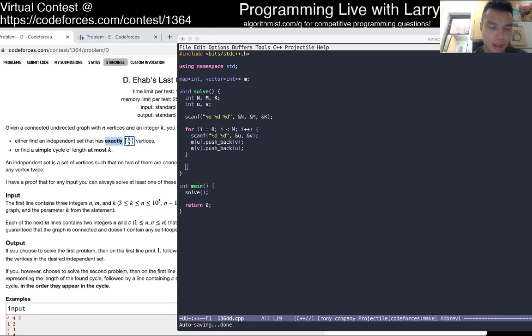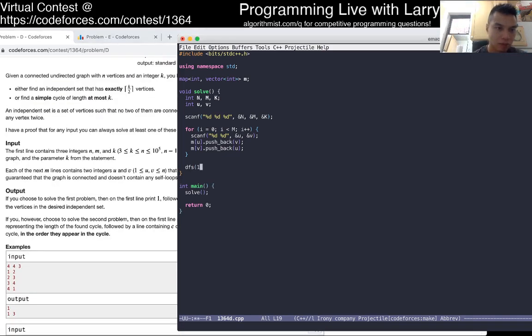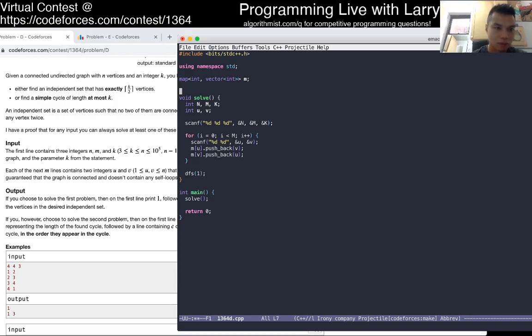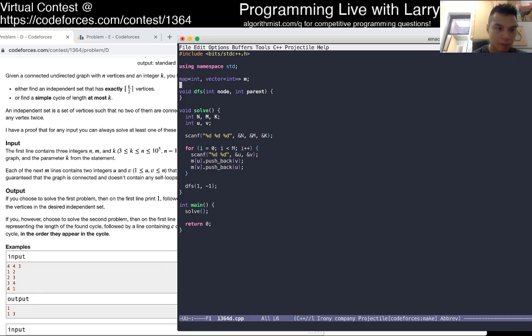But again, I think this is what we said earlier, where we're just two-coloring stuff. Okay, yeah.